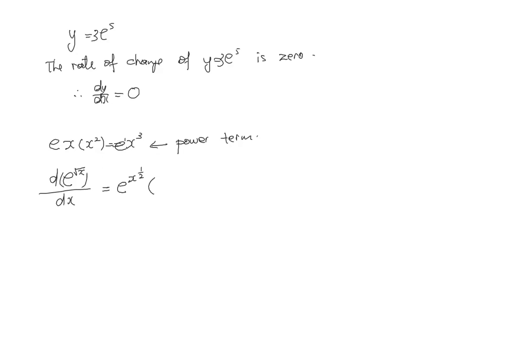The power itself is a power term, correct? So I have to multiply by what? The power 2? Are you sure? What is the derivative for this one? 1/2 x